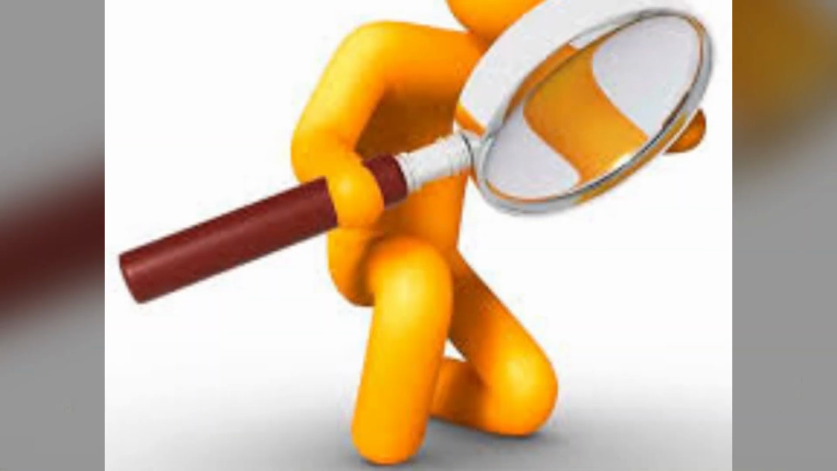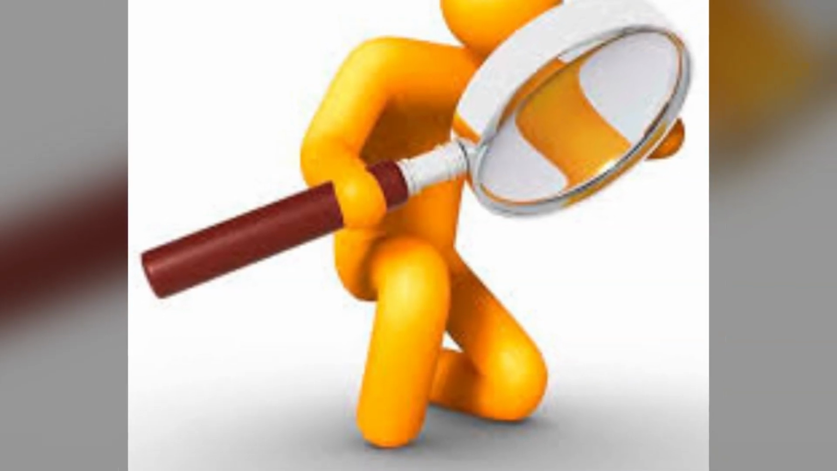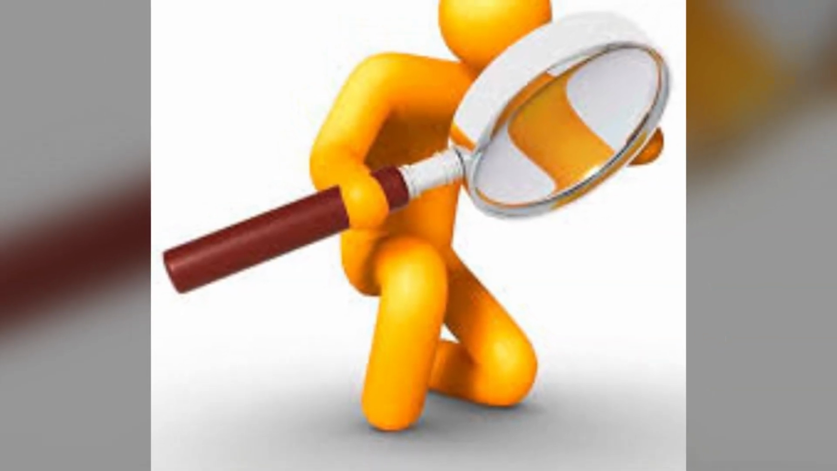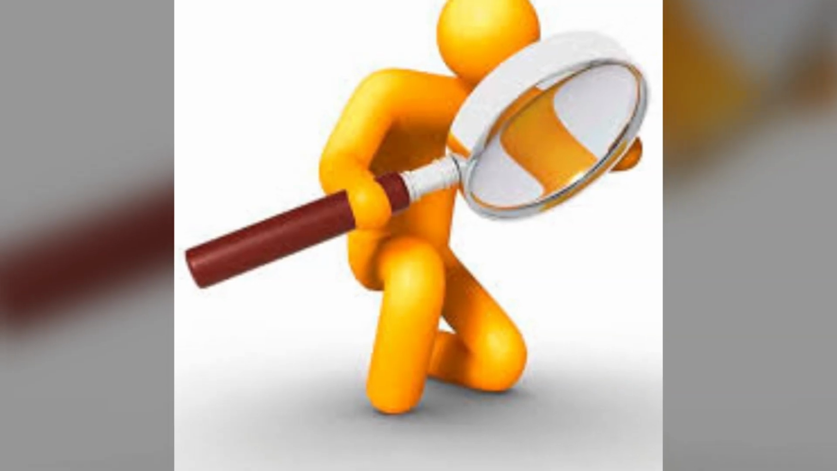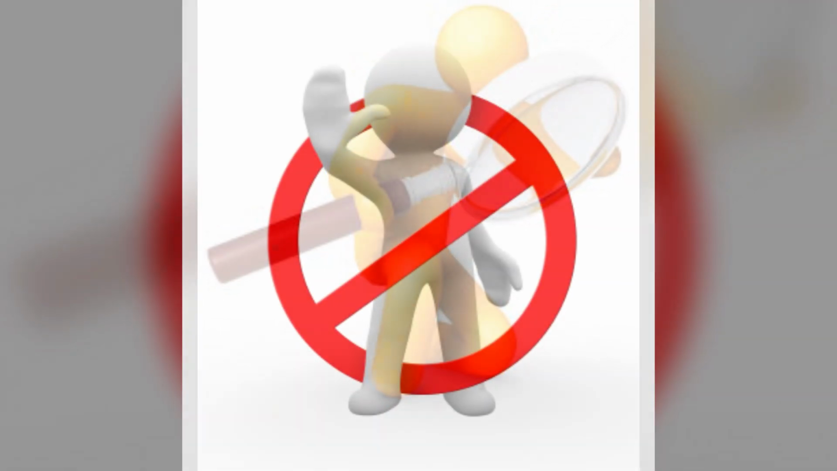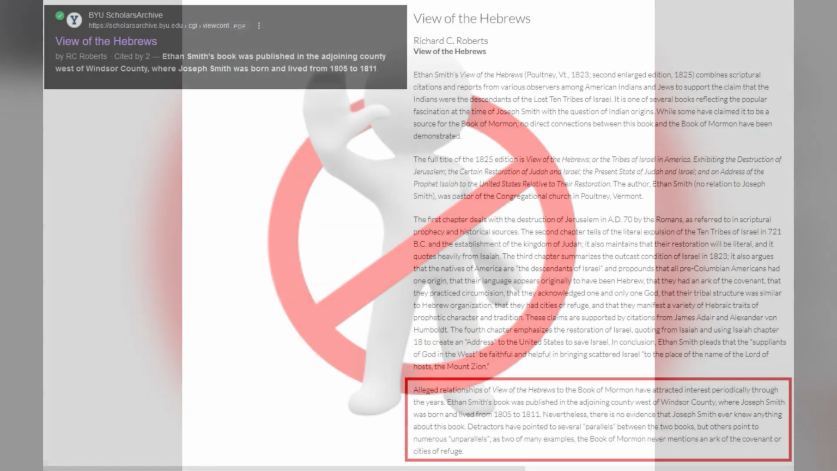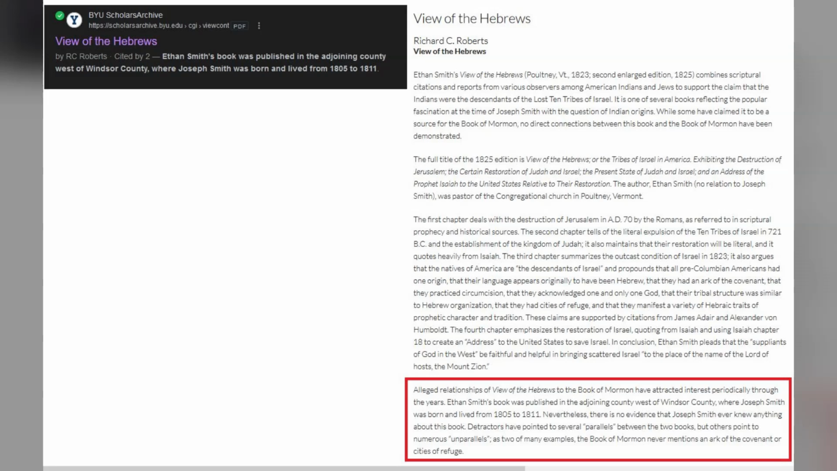Though there is no direct evidence, it's conceivable that they met at one of these revivals and began collaborating on what would become the Book of Mormon. This might explain why they later tried to distance themselves from one another in April 1829. Richard C. Roberts wrote in his article, View of the Hebrews,